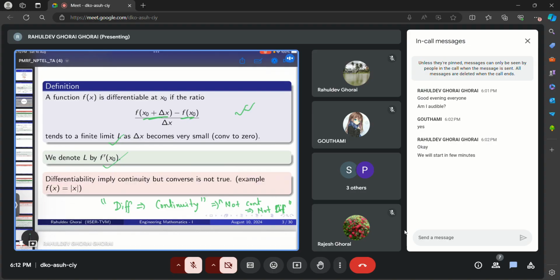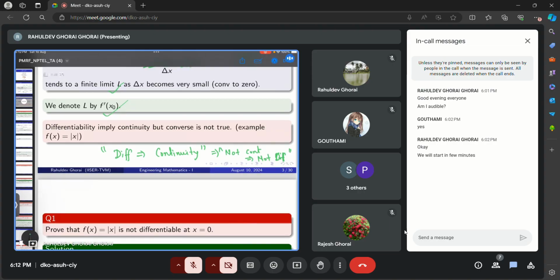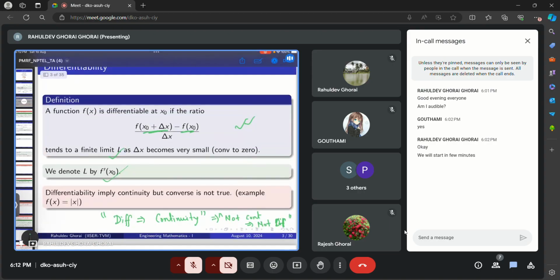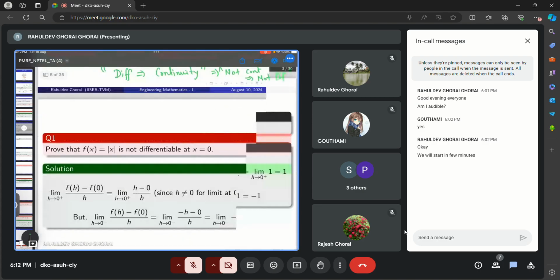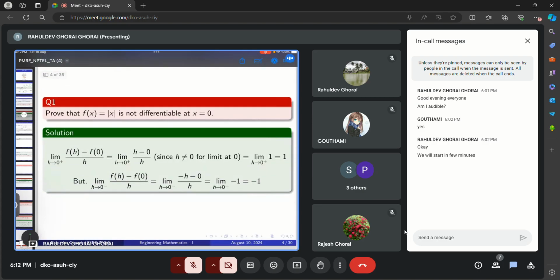That example is f(x) equal to modulus of x. So how do you show that f(x) equal to modulus x is not differentiable? So here the answer is there. I'll start here, maybe. You see, f(x) equal to modulus of x is not differentiable because